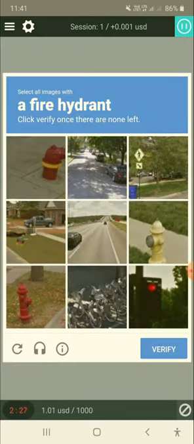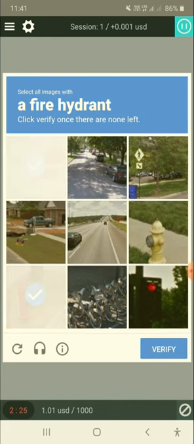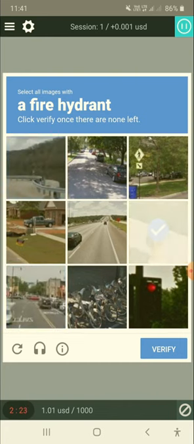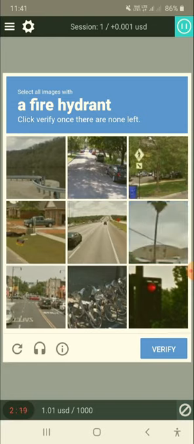Now let's see how fast it is working. You can see somewhat speed has been increased, the pictures are loading fast.